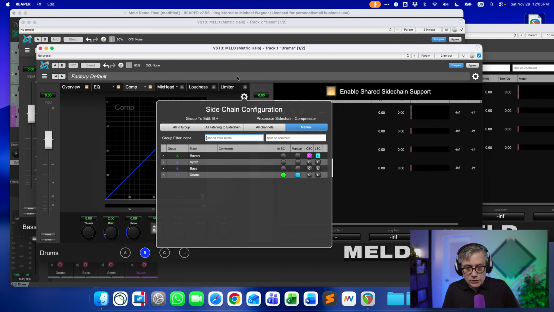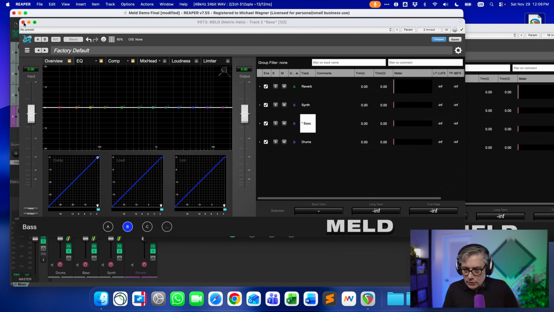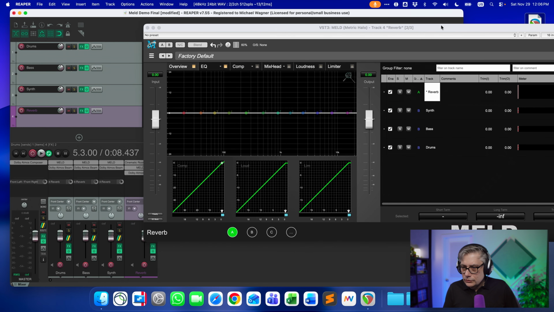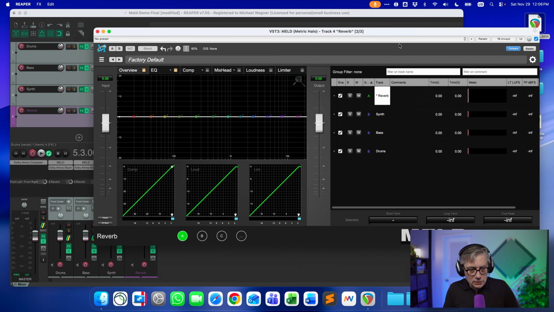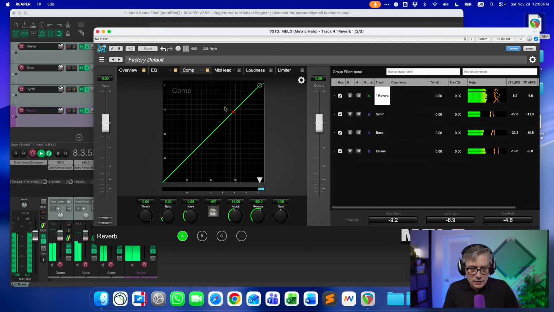So let's close that again and play around with it a little. For that, let me close all the instances that do not belong to the reverb. So this is the reverb instance, and let's play the audio. If I now enable the compressor, the drums are driving the compressor here in the reverb.